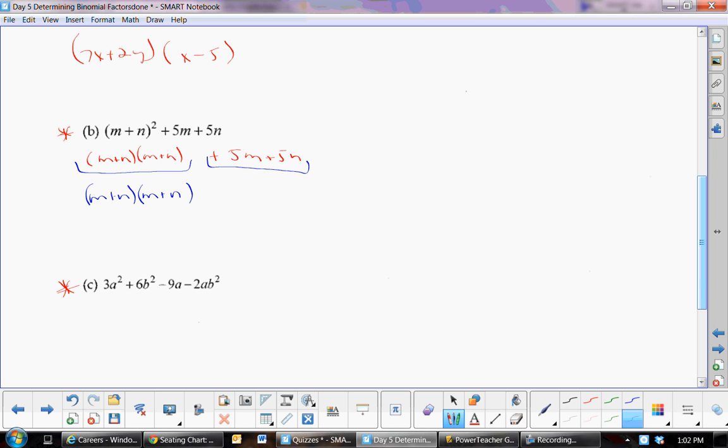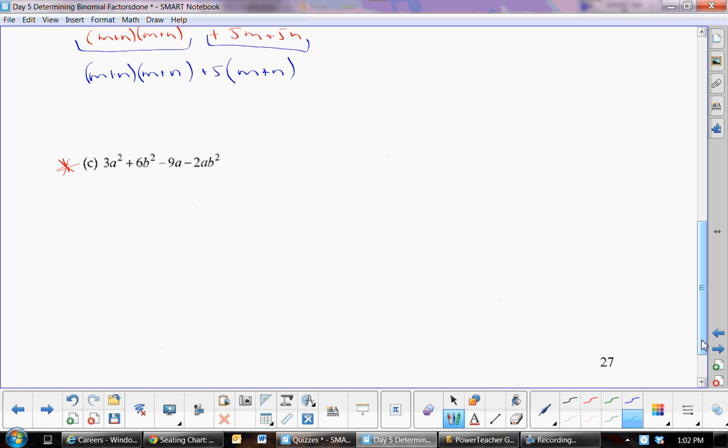Take out a 5, positive 5, and that would leave you with m plus n. Now, does each of them have one thing in common? They both have an m plus n. So if you pulled an m plus n out front, in that first set, what would be left? No, first set, m plus n,